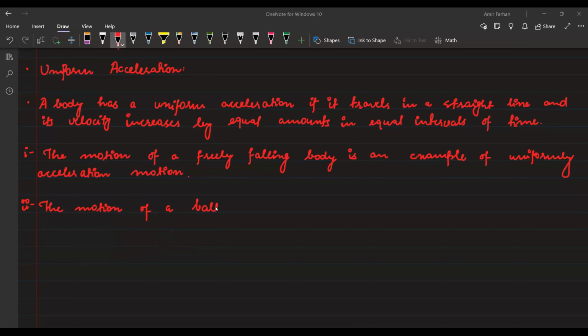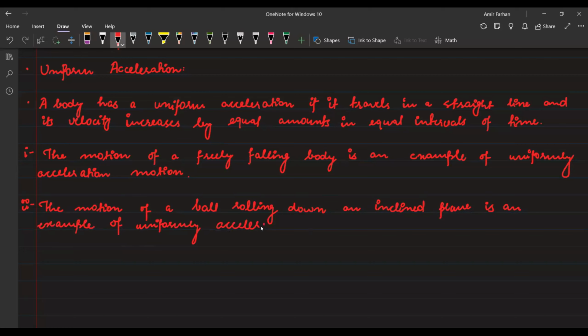The motion of a ball on an inclined plane is an example of uniformly accelerated motion. Okay, so if I draw the graph of the velocity time graph to depict that,